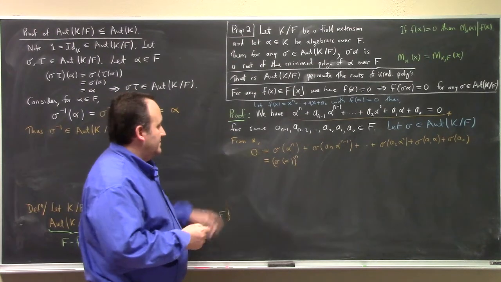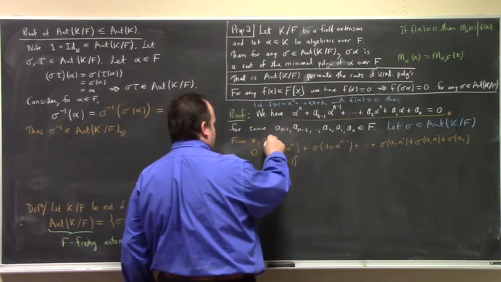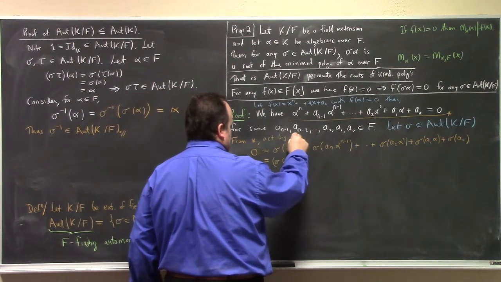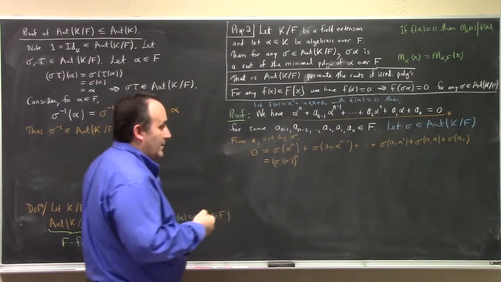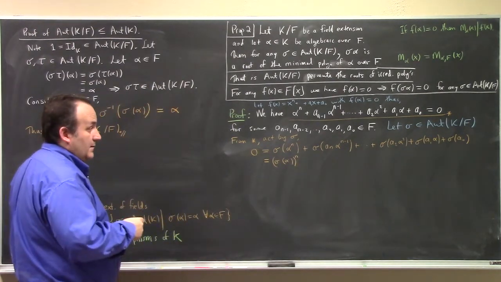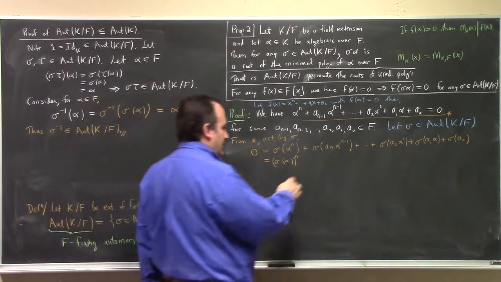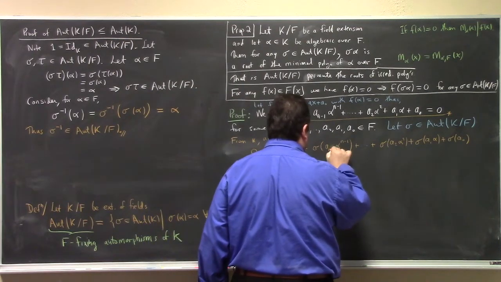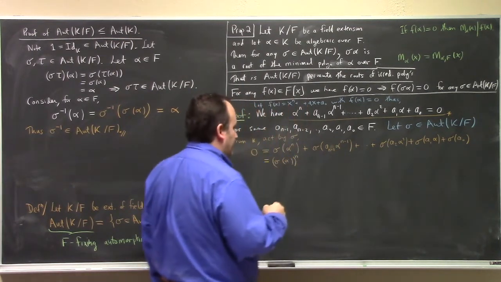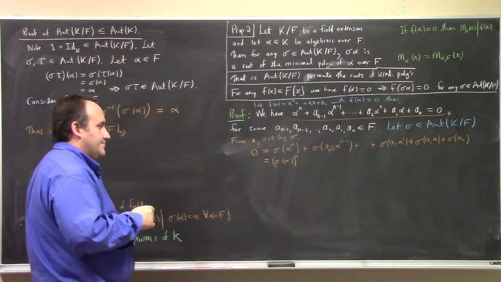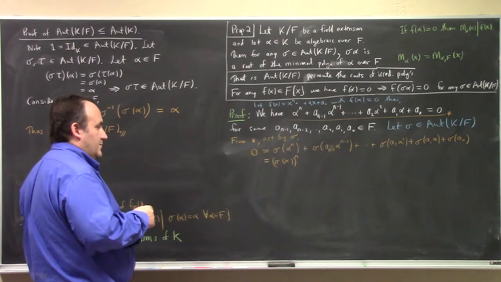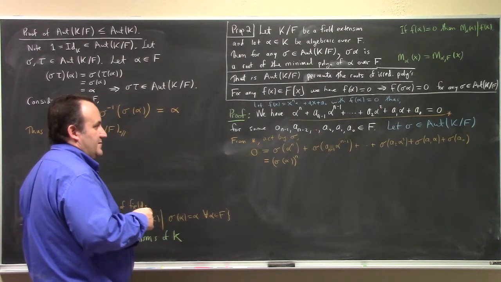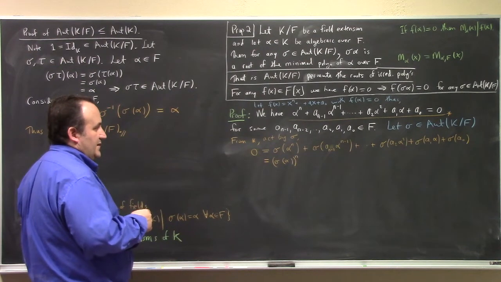So from star, act by sigma. Look at your second term, alpha a n to, sorry, a n minus 1, yeah. Thank you. My bad. Should that be a n now? That's the first coefficient. You can label them however you like. I just made the index match the power.